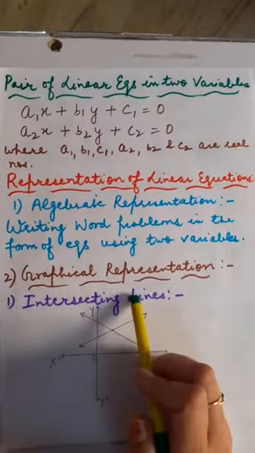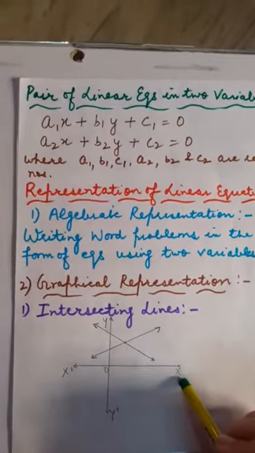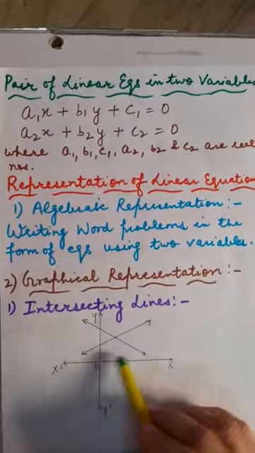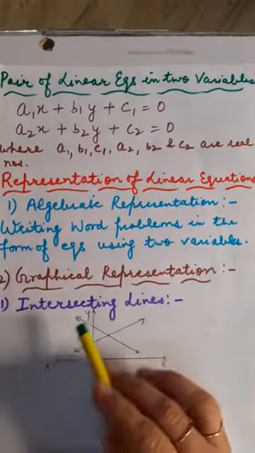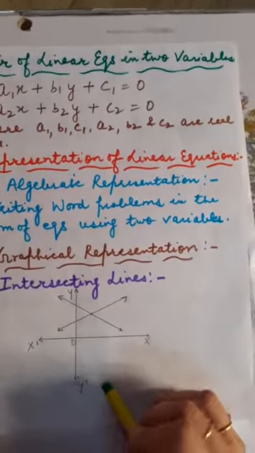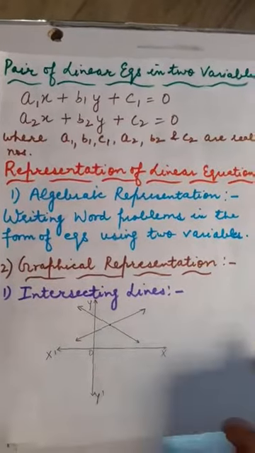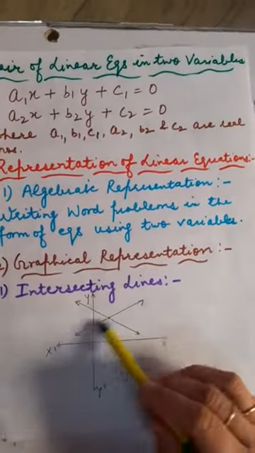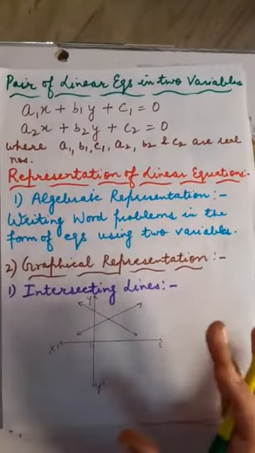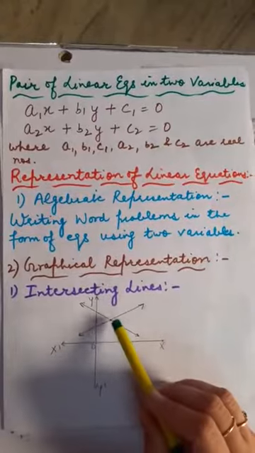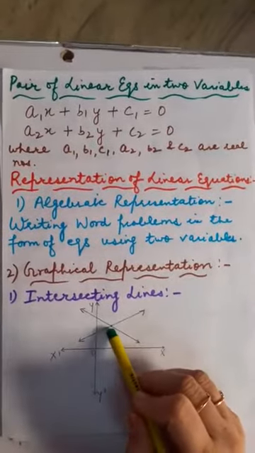Number one, intersecting lines. First of all, you have drawn a Cartesian plane. Children, you are very much aware about it, that this is x-axis, this is y-axis. Here I have written x, this is x dash, this is y, this is y dash. Fine. There will definitely be four quadrants because we are dealing with Cartesian plane. Okay. So here I have just drawn two intersecting lines so that children, you will come to know what will be the shape of the intersecting lines. They both are going to be intersecting each other exactly at one point. Here you can see. Fine.